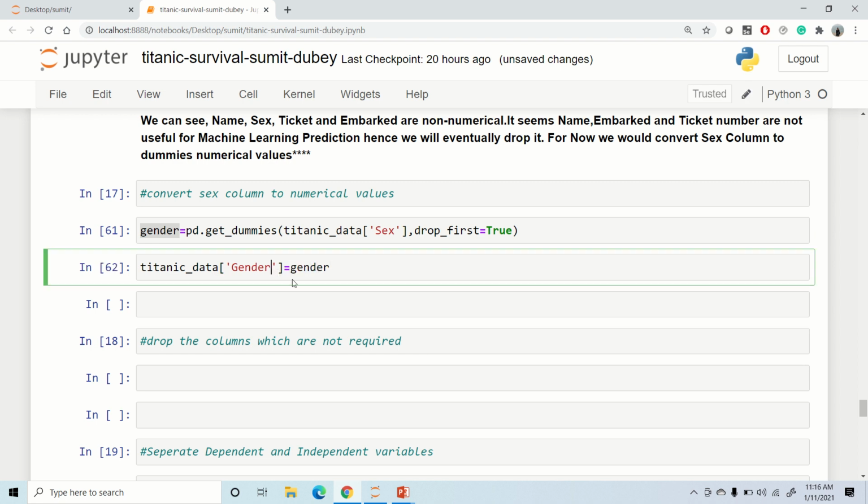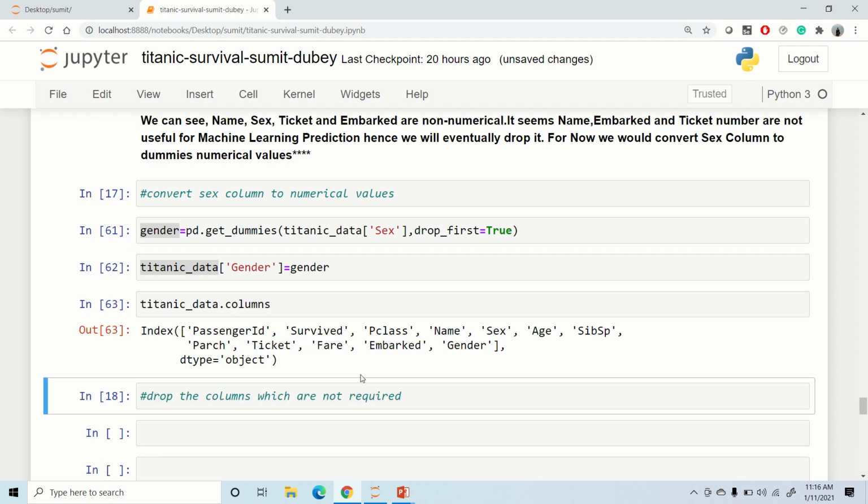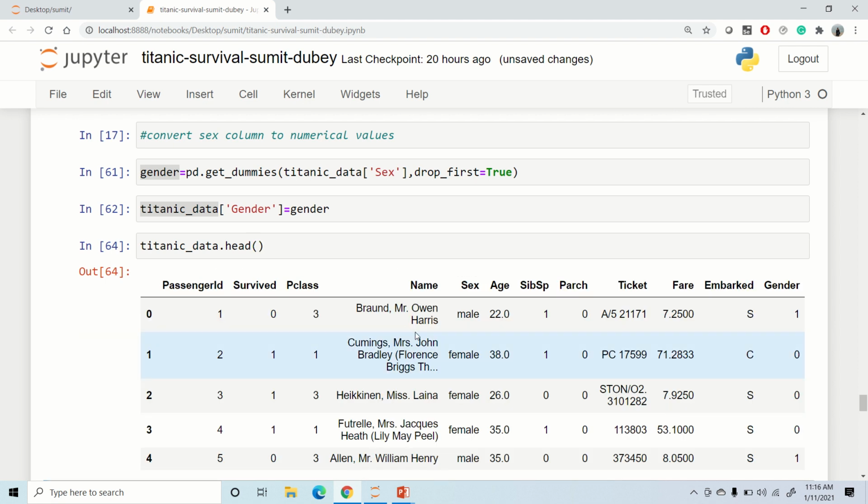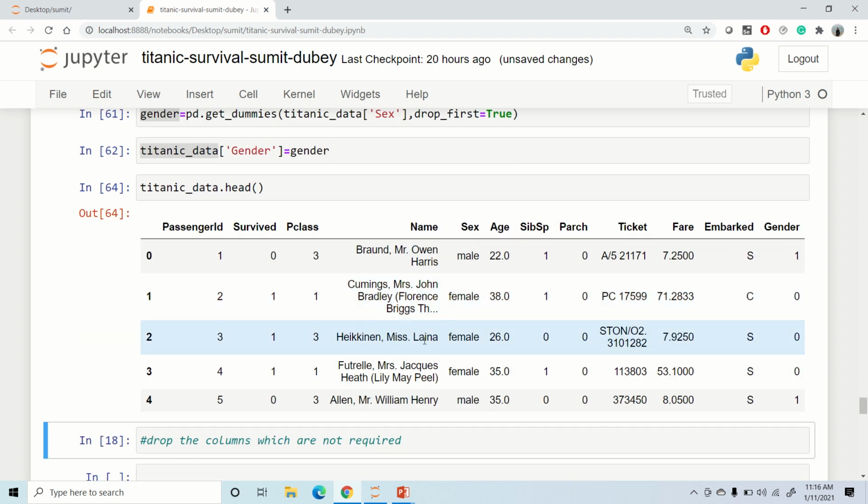So this new column is added to our data frame, and let's verify whether or not this column was added. I can say Titanic data dot columns, and that would provide me the names of the columns. We can see gender is now added. In order to see the values, we can say Titanic data dot head, and that would provide us the values in the data set. Great. So we can see that now the gender column is added, and for male the encoding is 1, for female it is 0. So now this particular column is ready to be used as machine learning input, correct?